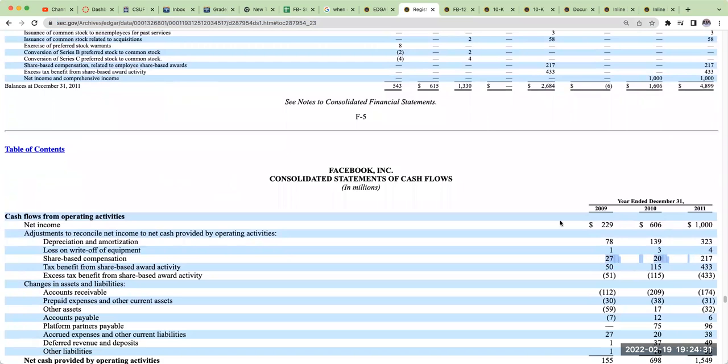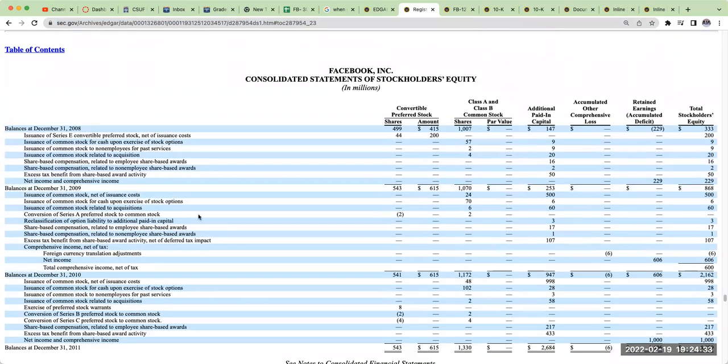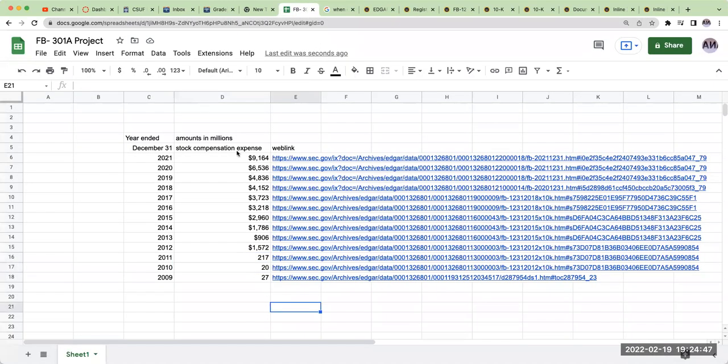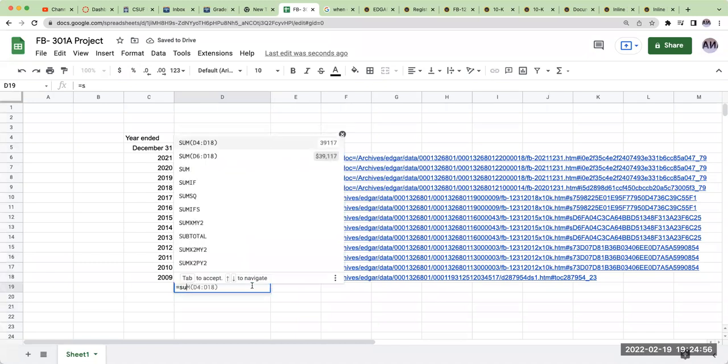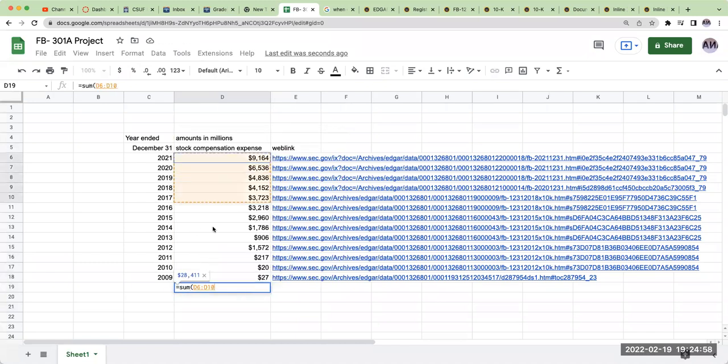So my share-based compensation for 2008, no, that's really like my beginning balance. So there's not really a lot I can go through and do. So that's going to be the first part of the project. And so all we've really done over here is we've gone through and identified the stock compensation expense. Now, the other thing we're going to want to do is go through